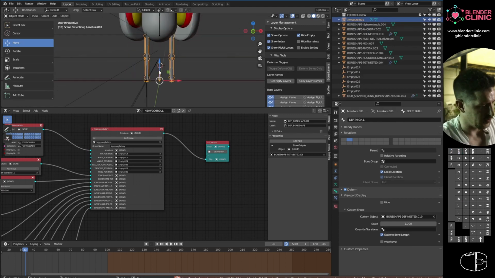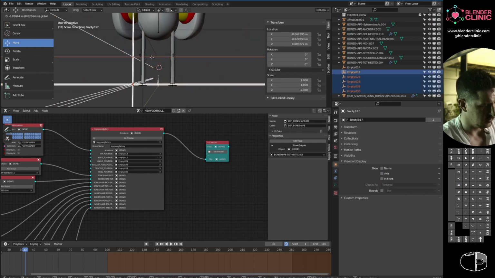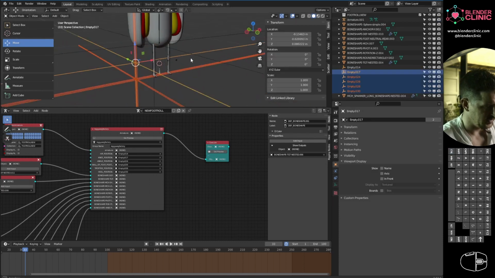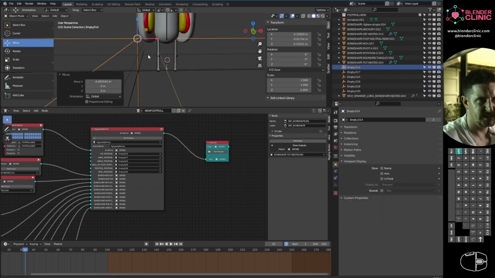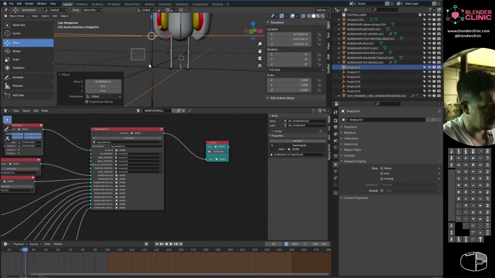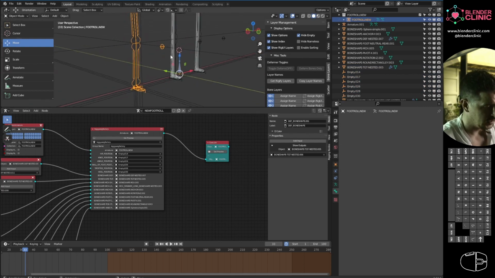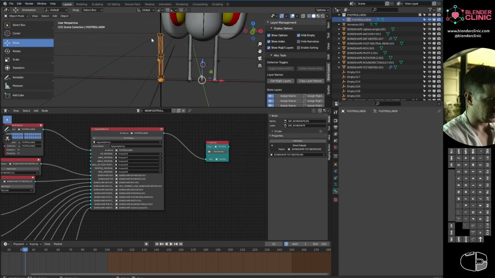I can join those together. I can go and make some more legs. I mean, if you're rigging Sleipnir, that was fun. Sleipnir is the Nordic seven-legged horse or something that Odin rides. Yeah, this would be a useful tool for rigging Sleipnir. So, creating multiple sets of bones like that is, I mean, impractical when you think about the fact that you could just duplicate the bones. But what you might want to do